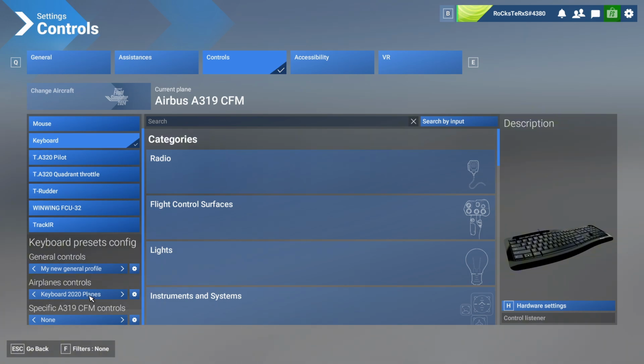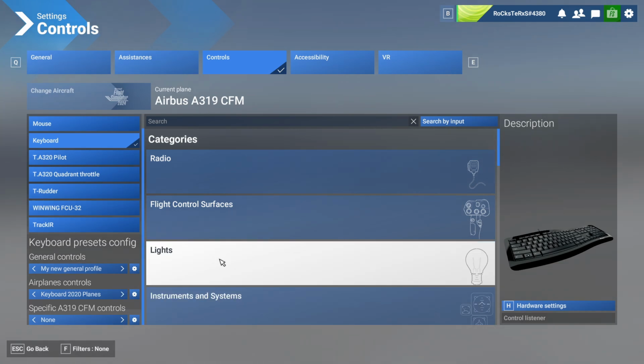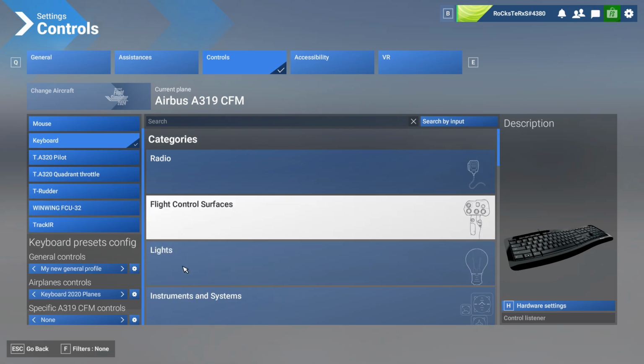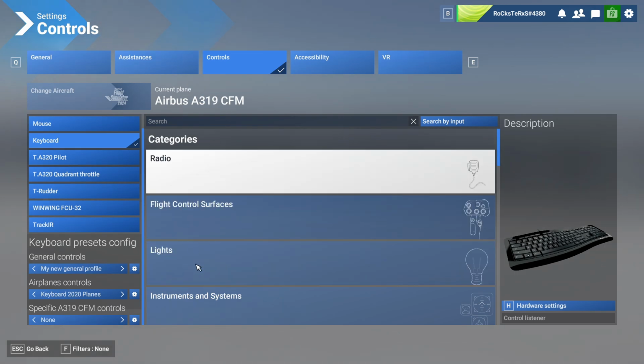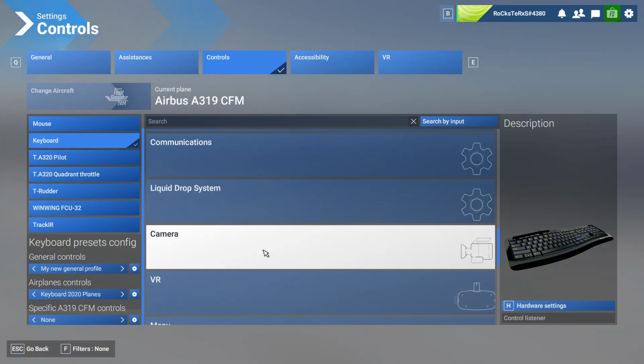Don't do 2024 planes for airplane controls. Keep it on 2020. 2020 will give you all the settings for 2020 and all of the camera settings for 2020. You won't really need to do much. You'll have everything running as it did in 2020, all right? So when it comes to cameras, the 2020 is what will give you